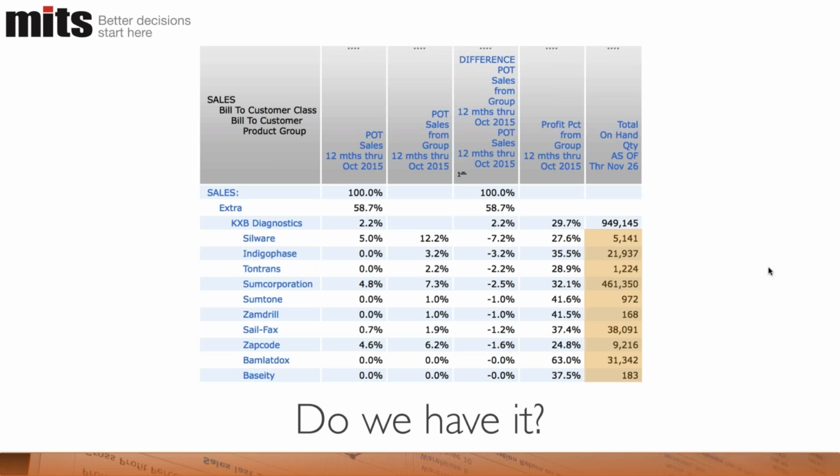Now, you don't have to do that. You could do this same report across all of your customers in your entire customer base. So there's no reason that you have to do it within a particular customer class. Our belief is that that will produce better results if you can do some of that segmentation, and it doesn't even have to be a ton of segmentation. It might be as simple as using MITS to spit out a report that shows you your customers sorted by sales dollars and just group them up into big, medium, small. And that's a way that you can at least get a sense of, you know, my other big customers buy